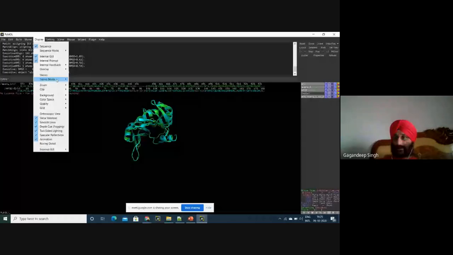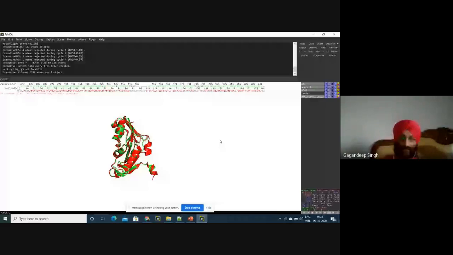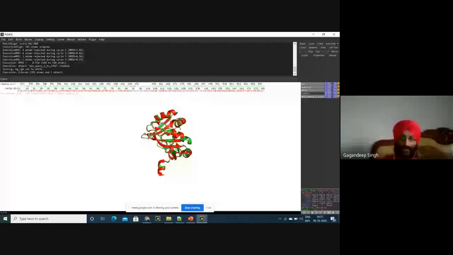I'll also give them some separate colors. Red is for template and green for query. I think this is fine. Now we'll zoom this structure.